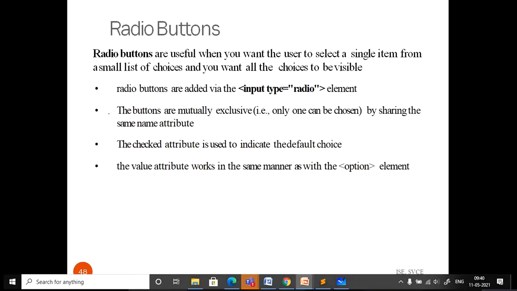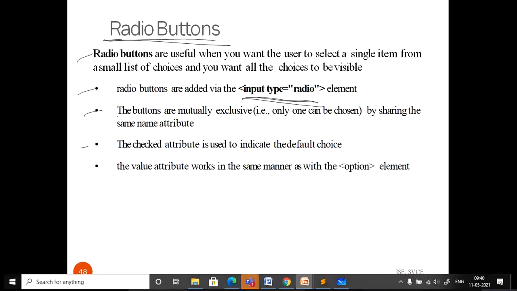When you are learning, I know many of you are able to write the code. But for this subject, code alone is not enough. You should also be able to write the theoretical part of each of these things. When I ask you to explain radio button, checkbox, text input types, you should be able to explain some of the important characteristics of those form control elements, followed by one example.